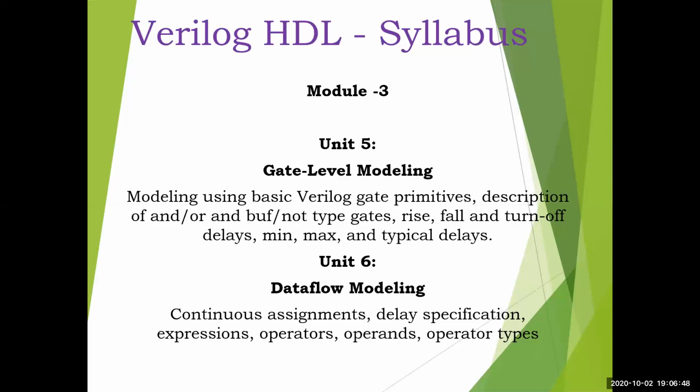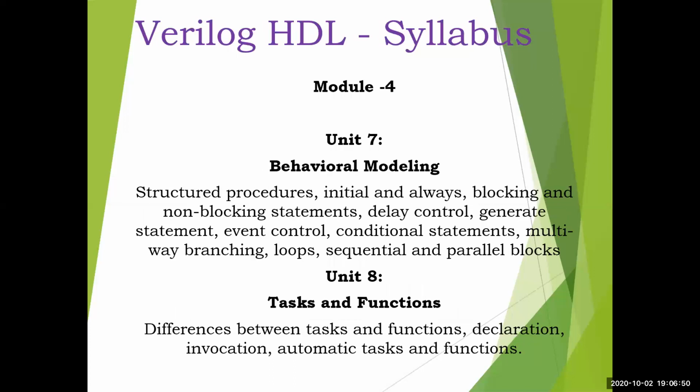Then the very top level: if your hardware description language looks like a high level programming language, then it should be described at the highest level, that is behavioral modeling. So these are the levels. Behavioral is at the top, then comes data flow, then gate level, and at the bottom layer we have switch level. In this course we will not be learning about switch level modeling. We'll be learning from gate level, then data flow and behavioral modeling.